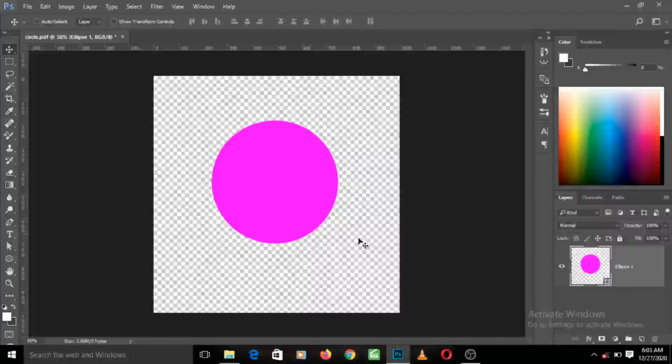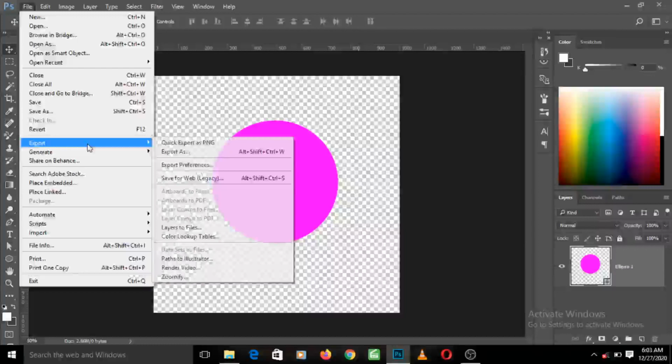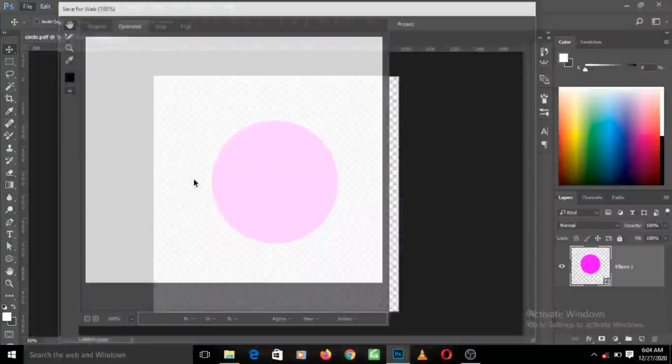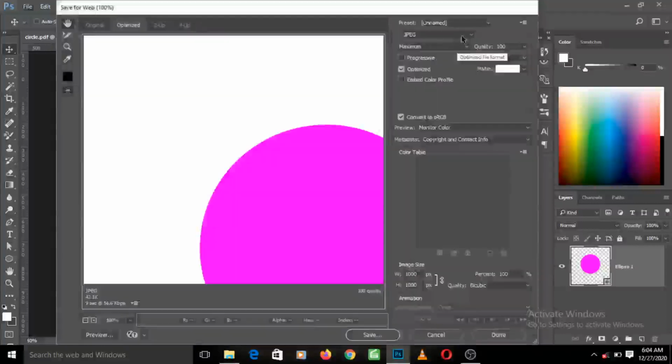So what if I wanted to save it like this, in this transparent form? I can do that. All I simply need to do is go to File, Export, still on Export, go to Save for Web, and this time we are going to be choosing. Now if you notice, as it was in JPEG, you can see this white background. It automatically gave it a white background because JPEG images always come with a background. Even if you remove your background in the design, so long as you are saving it as JPEG, it will give it a background.